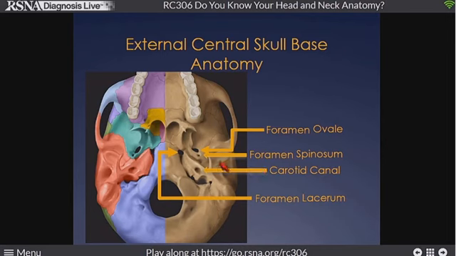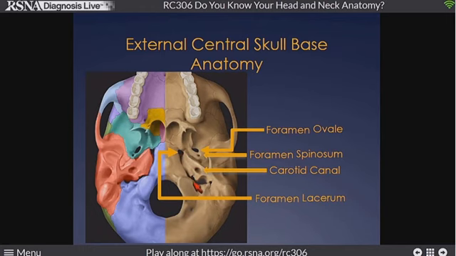And we can see some foramen here. And again, developing within the plates of the bone, we have foramen ovale, foramen spinosum, the carotid canal, and if we look medially, we have this little area of bony development between the occiput and the temporal bone. At the anterior medial aspect of that area of synchondrosis is a little cartilaginous-filled foramen lacerum.